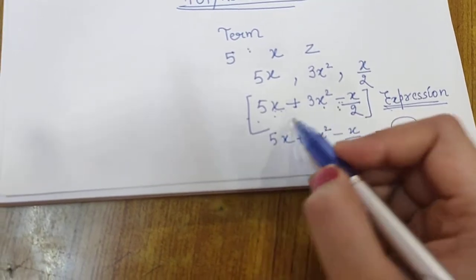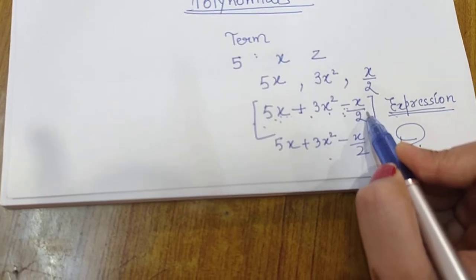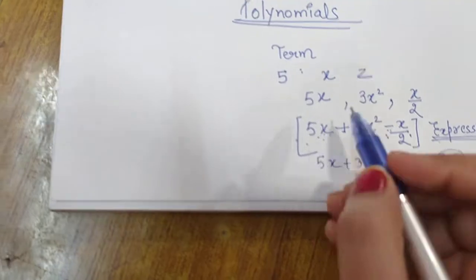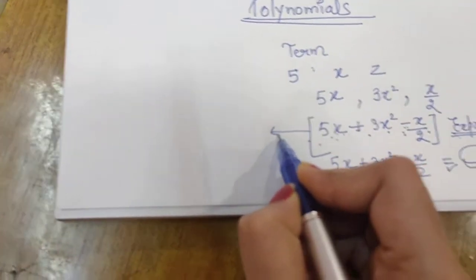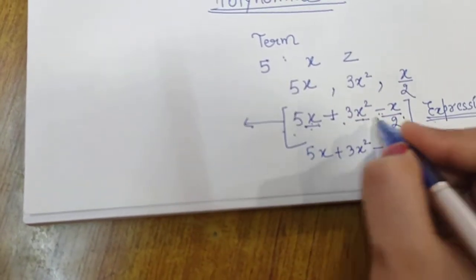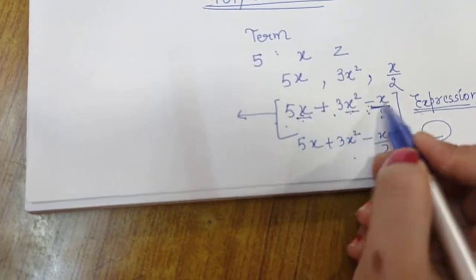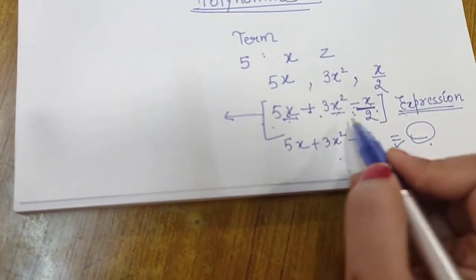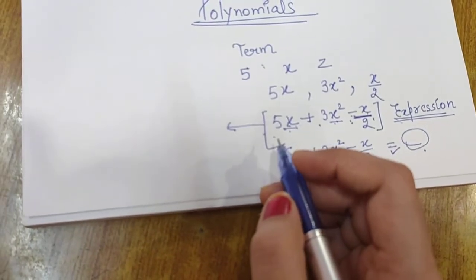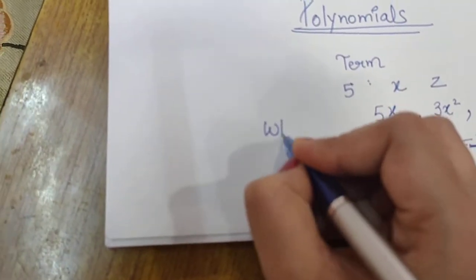So first you come again to this point. I think it is clear which is an expression, which is an algebraic expression. Now what are polynomials? In any algebraic expression, if the power of the variables, which variable is there in this expression? Only x. There is one variable in this expression, x in all the terms. So if the power of variable is a whole number, what is the main point? If the power of